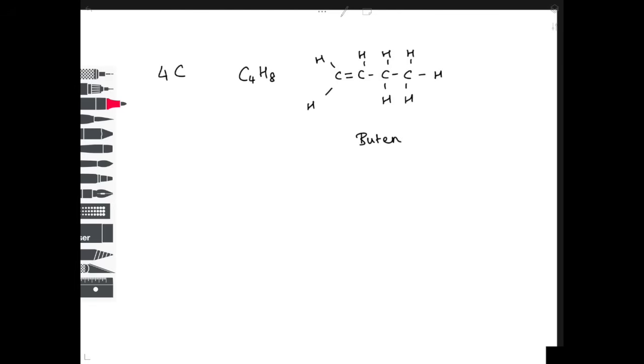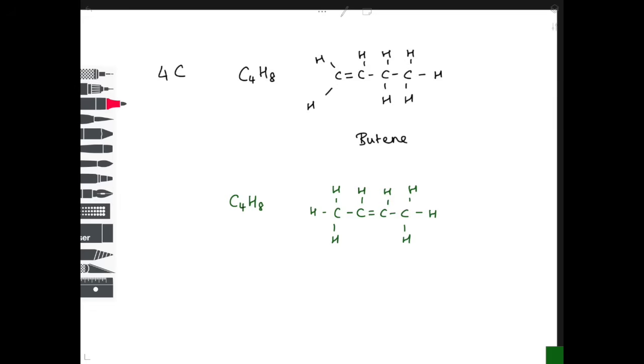However, we now need to look at the other available isomer. Remember then, isomer is something with the same molecular formula but different structural formula. So if we draw that molecular formula out again, C4H8, but we try and work out a different structural formula, we can simply shift that double bond along so it now appears in the middle, and now just fill in those hydrogens, making sure you don't draw too many bonds on those central carbons. And you can see this is still C4H8, however the structures are different, and therefore these are both isomers, and